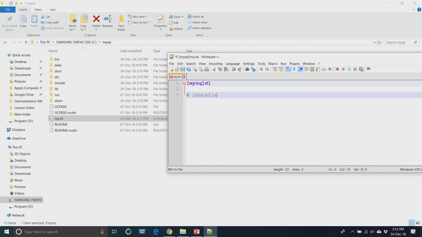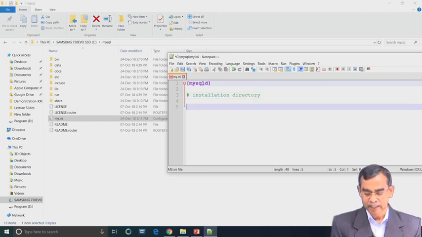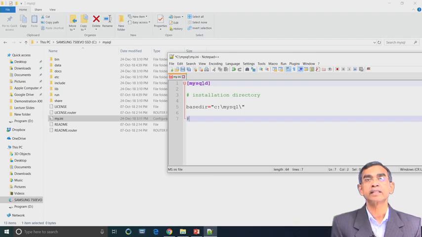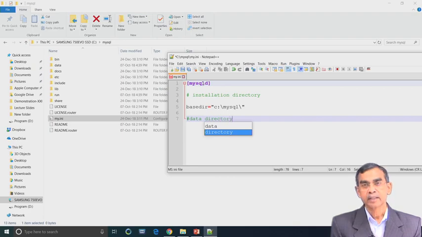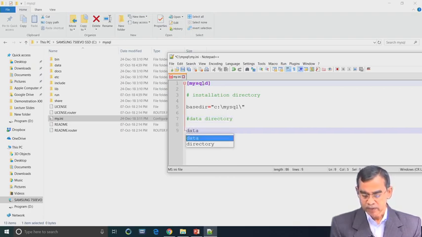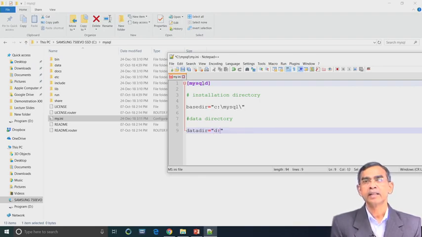This is the syntax that you have to follow verbatim; you do not need to know exactly what each thing is, only the system understands the ini file. This is required for the initialization of the MySQL server. So, [mysqld], then the installation directory, the base directory: basedir equals, this is the base directory where our zip file is located, that is "C:/MySQL/" within double quotes, and then datadir, the data directory, equals within double quotes "D:/data".